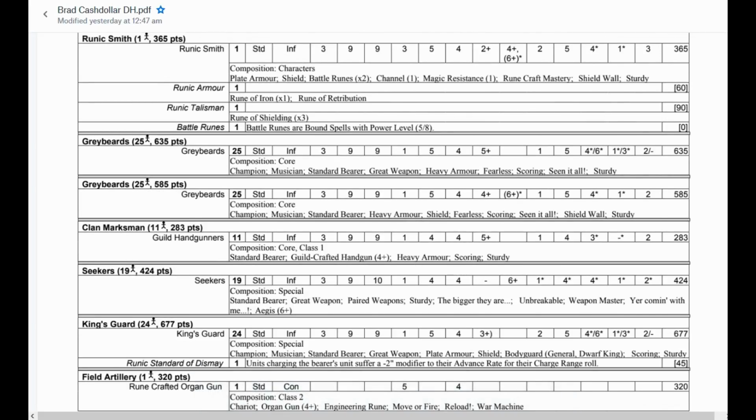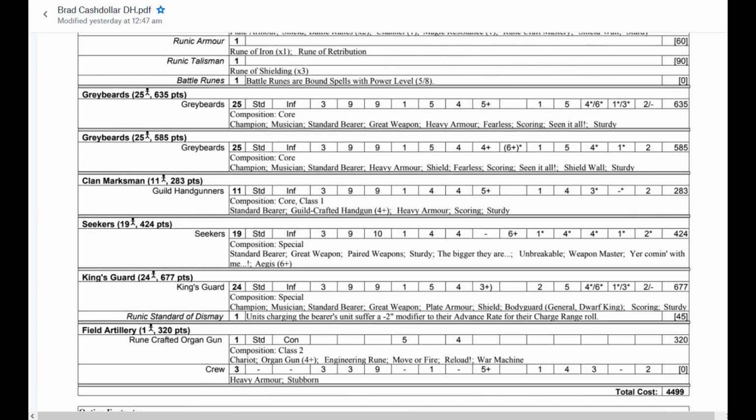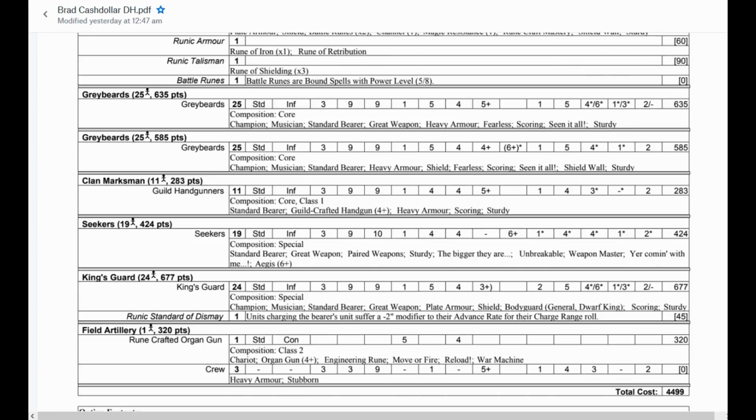You could give him the shield, dragon. It stacks with shield wall. True, but this means he has it every round instead of just the first. So if he expects to grind, which he does, he has a lot of Graybeards. He's got two units of 25 Graybeards, and one's got gray weapons, one's got shields, and then 11